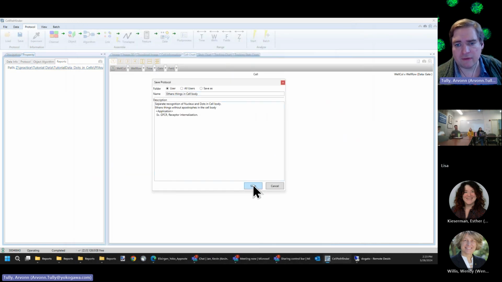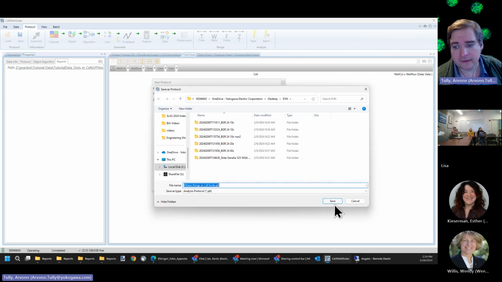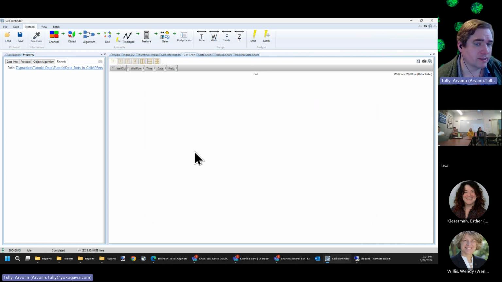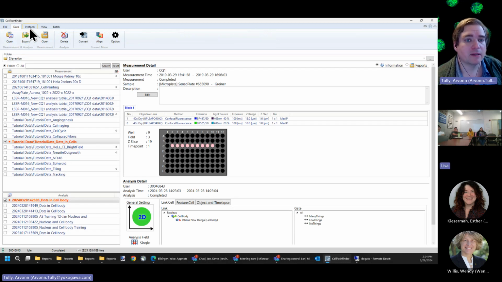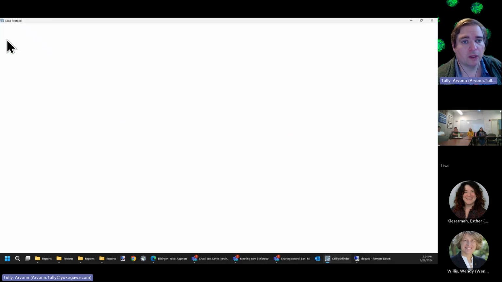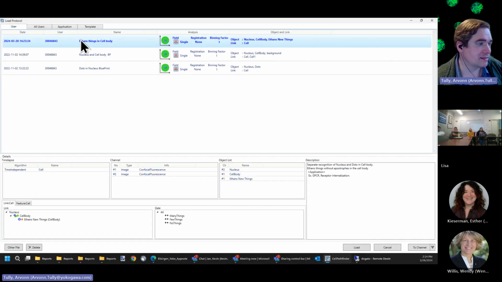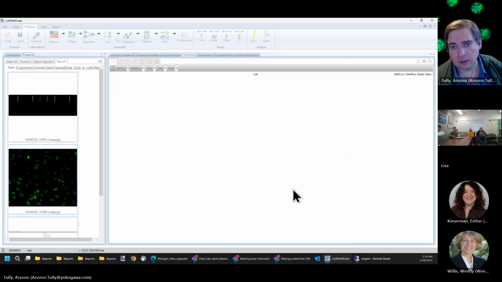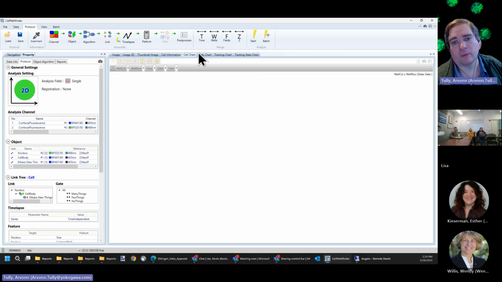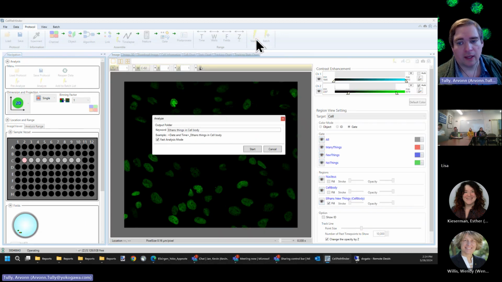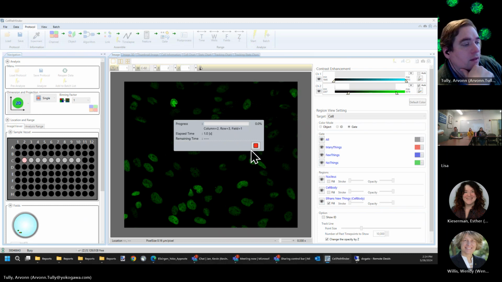Yeah, okay, save. So whenever you save the protocol, you can either save it as a user, you can save it for all users, or save as. If you save as, it will save out a protocol which you can share with people. So we could save Ethan's things in the cell body as a protocol, and then I could email that protocol to you, and then you could run that someplace else. Now ideally, the next day, somebody else comes in here, goes to protocol, they load, they go to user, they select Ethan's things in cell body, load, wait for a moment, and then they hit start,